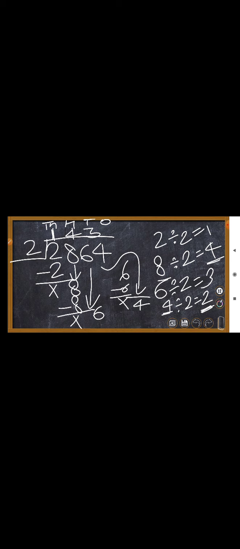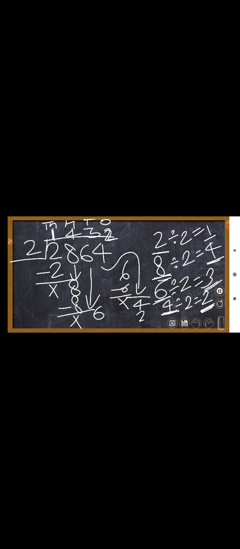So whatever place you are dividing, you have to write the quotient there. Which place number are you dividing? This is 2000, so you write 1 in the thousands place. This is 800, so this 4 you write at the hundreds place of the quotient. Because 6 is at the tens place, this 3 you write at the tens place of the quotient. And this 4 is at the ones place, so you write this quotient at the ones position. So here I have written 2.